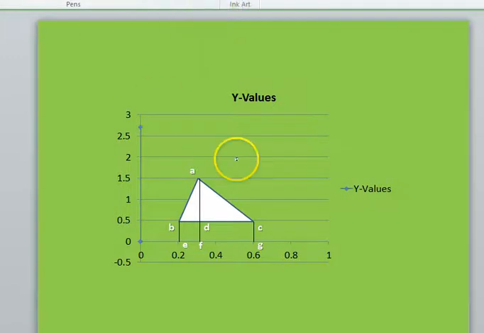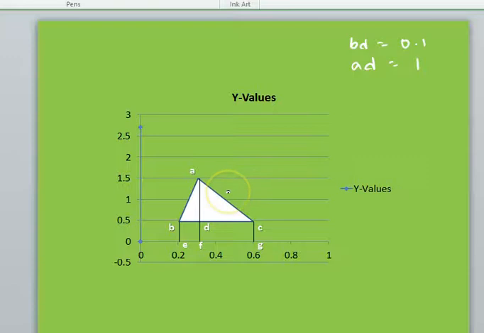Okay, I would like to compute the area of this triangle presented in this graph. So let's analyze the given data. What is the length of BD here? B is situated at point 2 and D is situated at point 3. So the length of BD is equal to 0.1. What is the height of this triangle ABD? Height is from 0.5 to 1.5, which makes it 1. So AD is equal to 1.